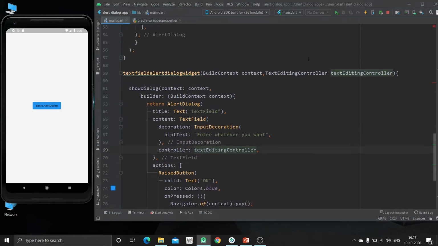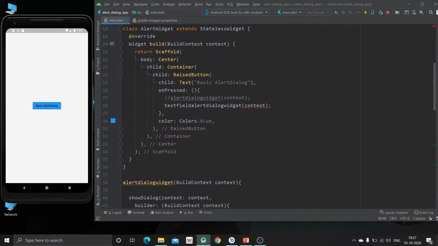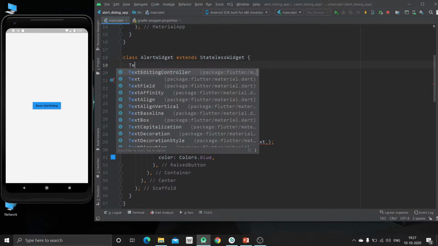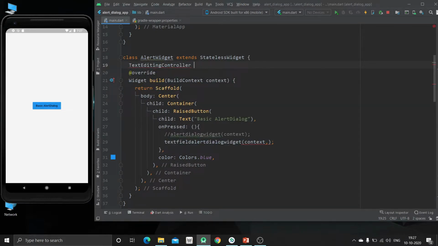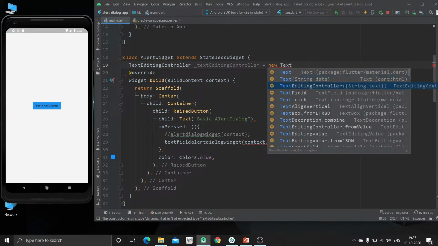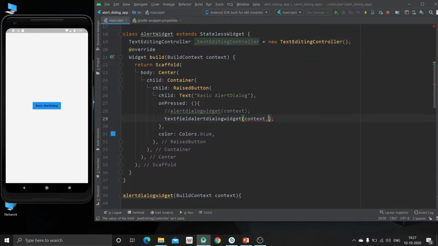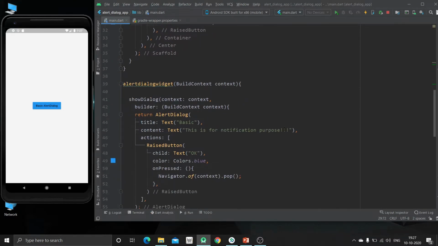Now we also have to pass this. For that we have to create one object of this editing controller. So text editing controller is equal to new text editing controller. So here we have created one object of this text editing controller which we are going to specify inside this. Now it's done.